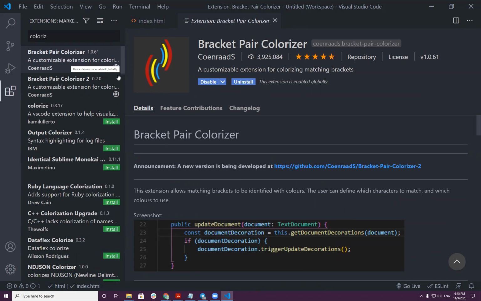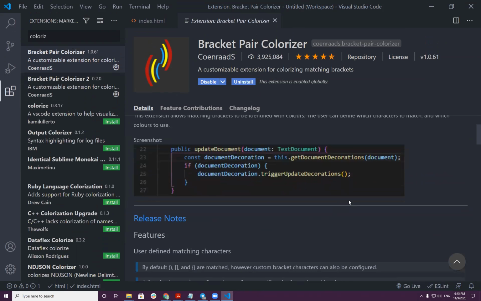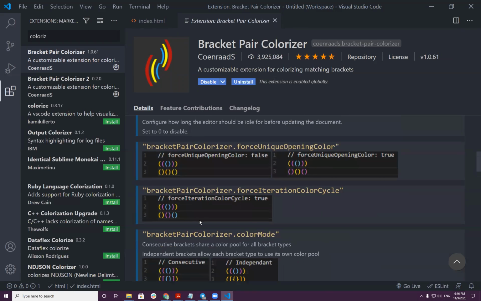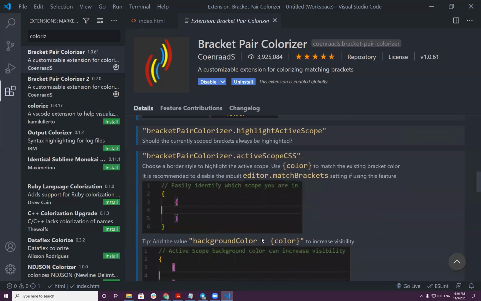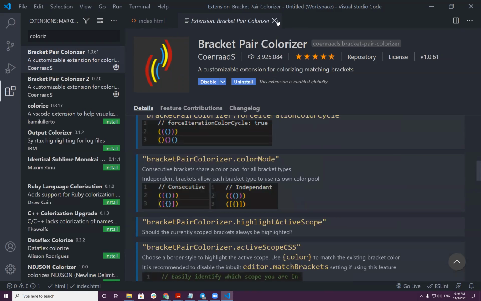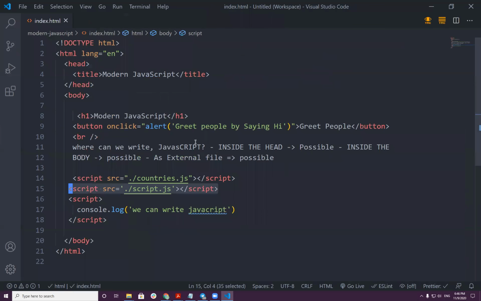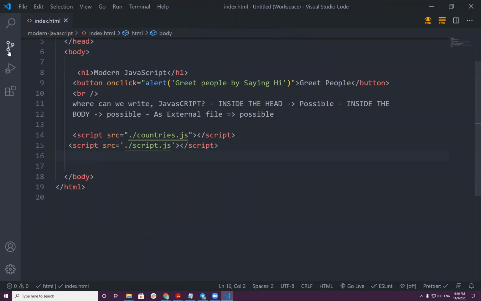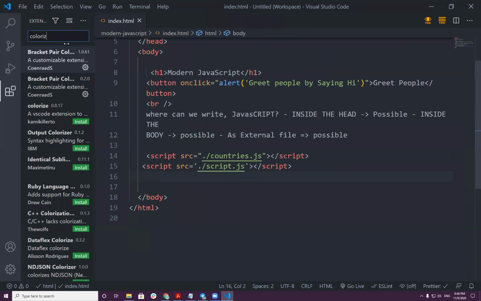Colorizer. So what it gives you, for instance, is that this bracket is yellow, this bracket is purple, and this bracket is blue. So it gives different colors, so it is easy for your eye to identify. It's decoration anyway, so it doesn't add anything, but it improves your productivity. We don't need this one. So now I will get back again and